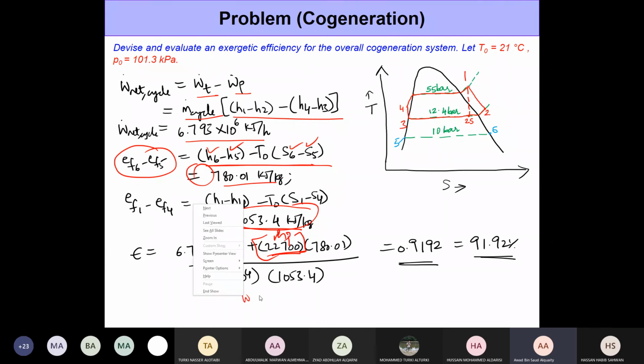Okay, once you make use of the correct mass flow rates and correct changes in exergy, the exergetic efficiency comes out to be almost 92%, right? It's pretty high, and it's very high because we're making use of almost all the exergy available, right? There is some amount of exergy destruction, but from an energy balance point of view,